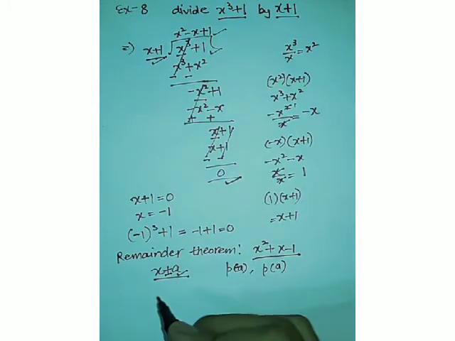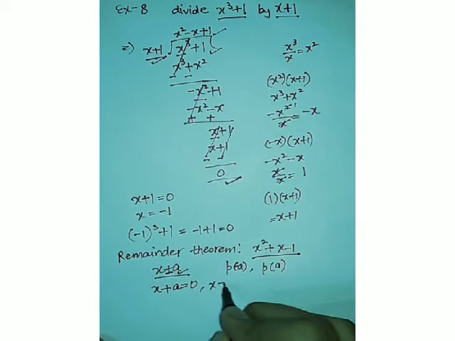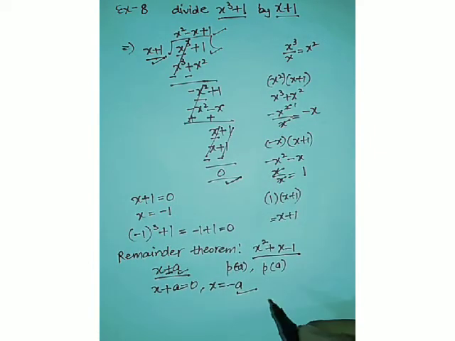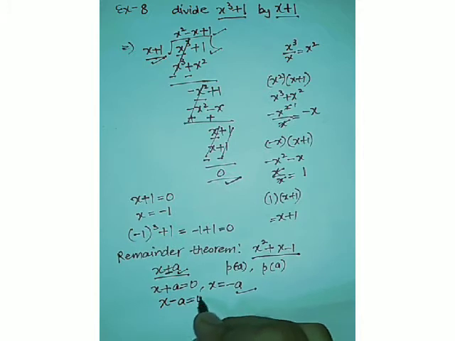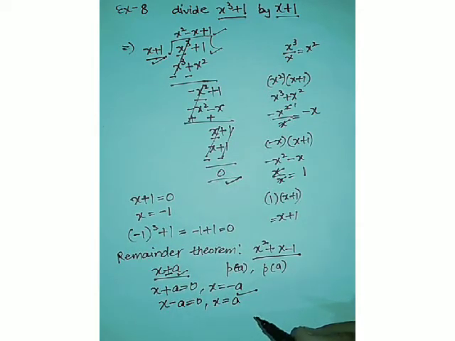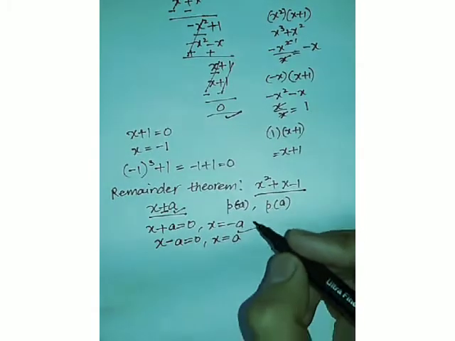Because when you equate x plus a to 0, what will you get? x is equal to minus a, and then you can find the value. And if x minus a is equal to 0, then x will be equal to a. So this is the result which can be generalized. Now we will do a similar example based on this concept, that is how to use the remainder